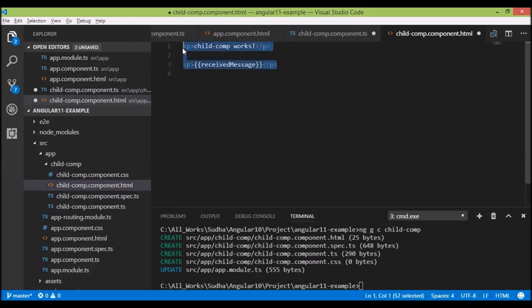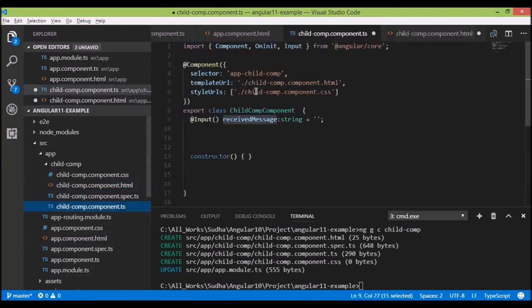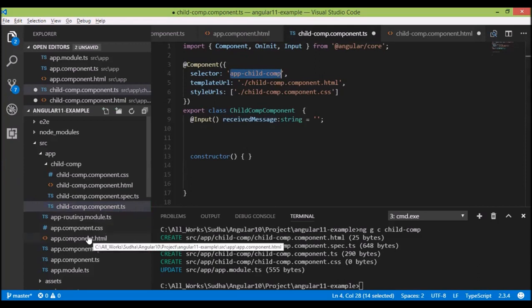I have to decide where I want to display this child component inside my parent component. So what is the selector of this component? This thing. Wherever I use this selector in my angle brackets, it would be replaced by this particular HTML. So I'll write this HTML over here.